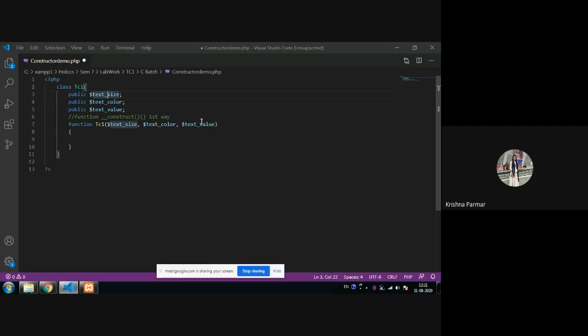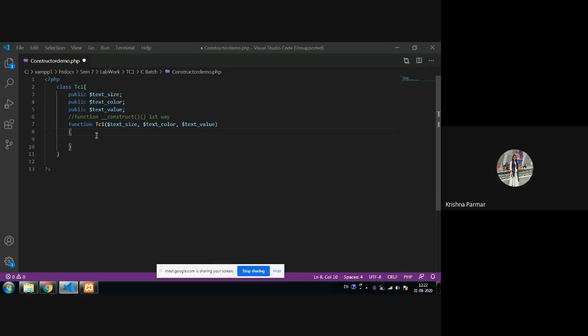Anybody have any idea regarding that? Okay, so for that we have to use the this keyword. Are you getting my point? Whenever the same names are there and you want to differentiate them, you have to use the this keyword.